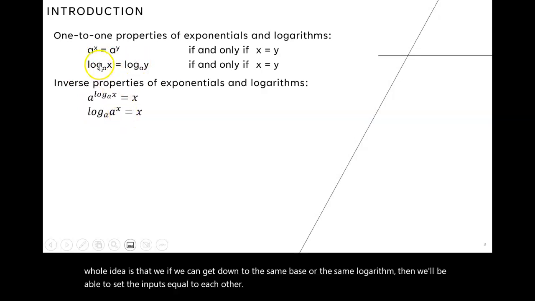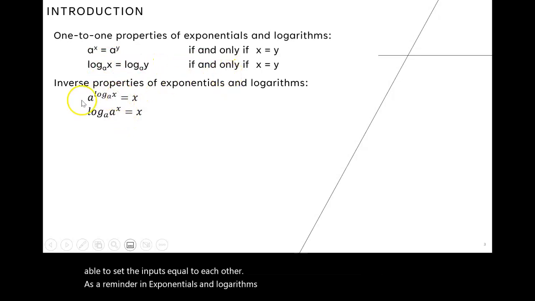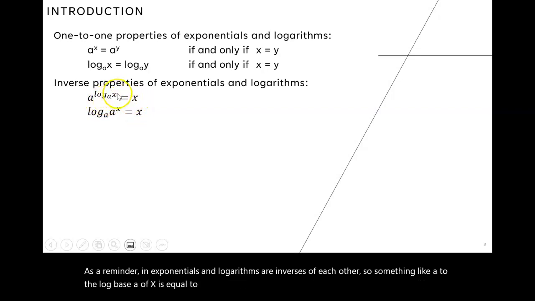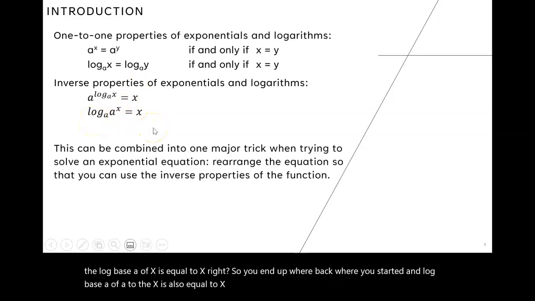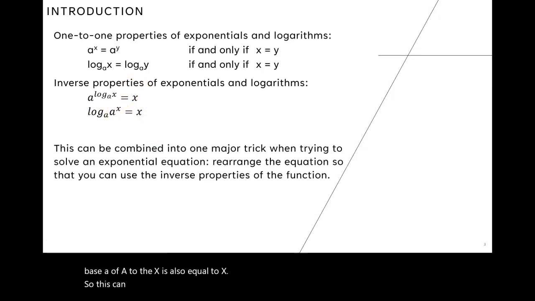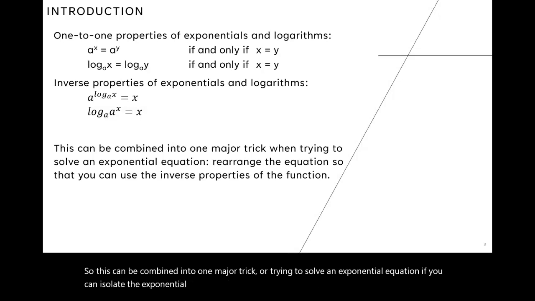As a reminder, exponentials and logarithms are inverses of each other. So something like a to the log base a of x is equal to x, so you end up back where you started. And log base a of a to the x is also equal to x. This can be combined into one major trick when we're trying to solve an exponential equation: if you can isolate the exponential or the logarithm, then use the inverse properties of the function to actually solve